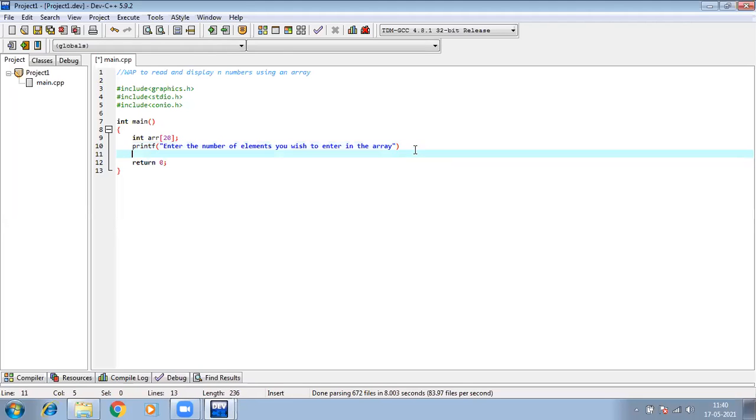Okay, this is the format of writing any printf statement. And with every printf statement, there will be an associated scanf statement, because suppose you wish to enter 5 elements, this 5 value will be saved in some variable. Suppose that variable is n.